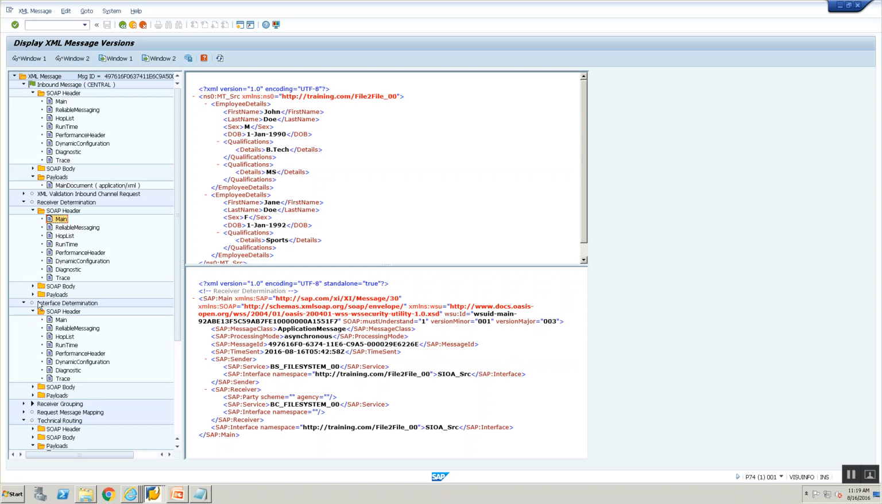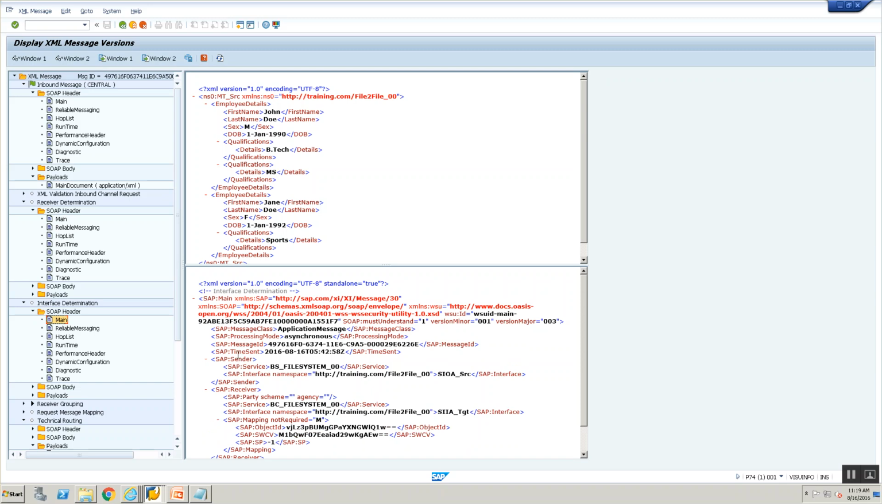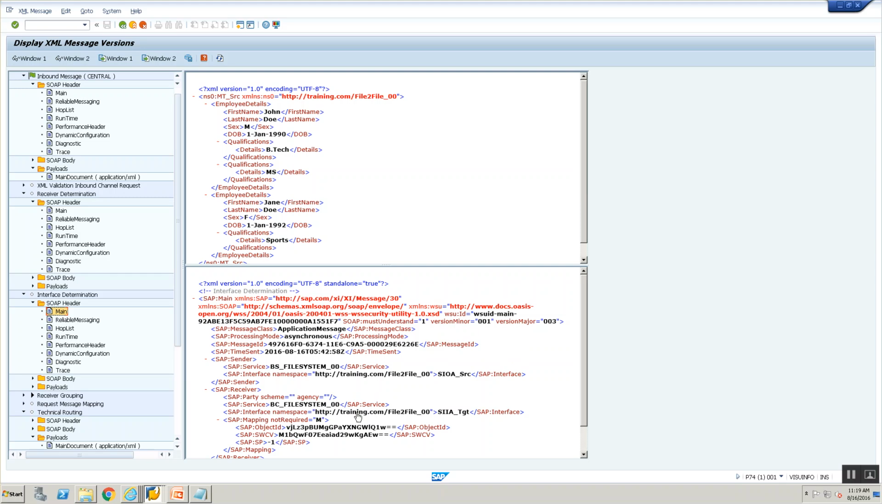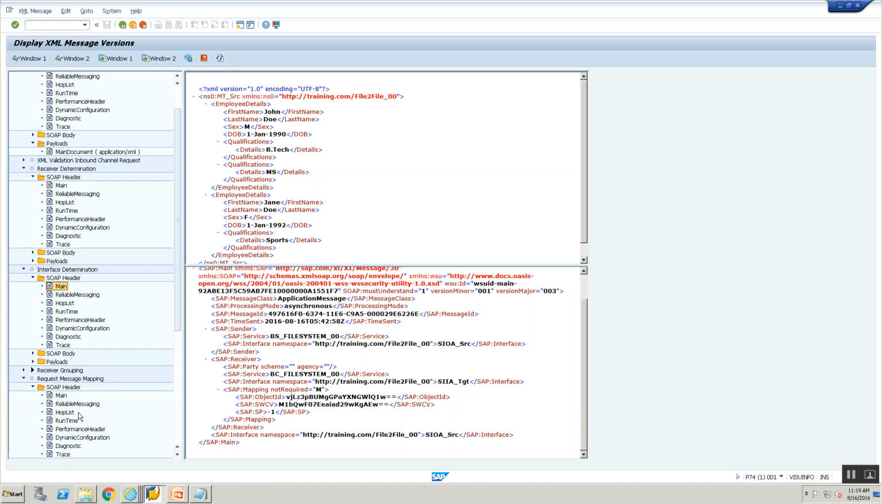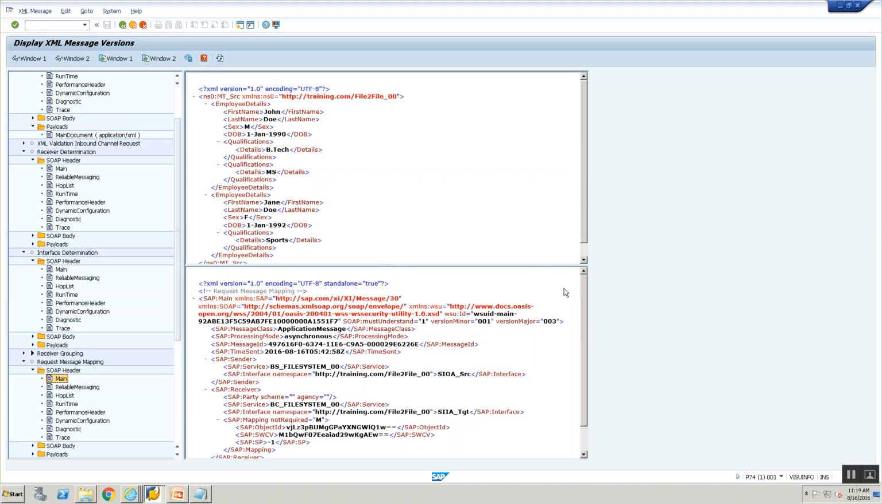So now I'm going to the interface determination pipeline step and clicking on the main, and now you see the same sender information, but the receiver information has now been updated and it now has the updated interface determination information. There's also one additional tag that says, hey, do I need to execute a mapping? The answer is yes, you need to execute a mapping. So then I can go to the request message mapping, SOAP header, main, and this is now going to tell